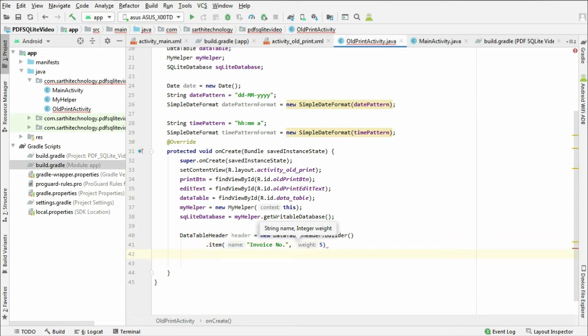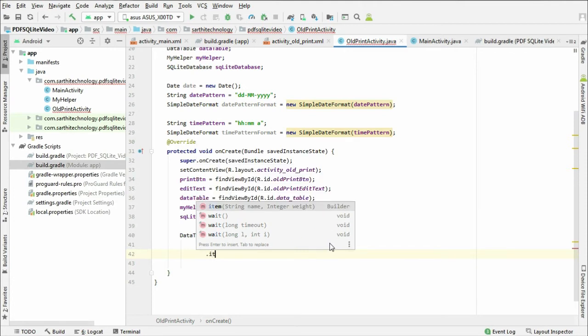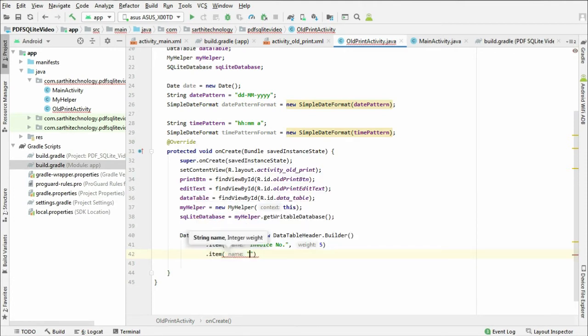press enter. For the second item, customer name, 5. Same for the third item, date, 5.